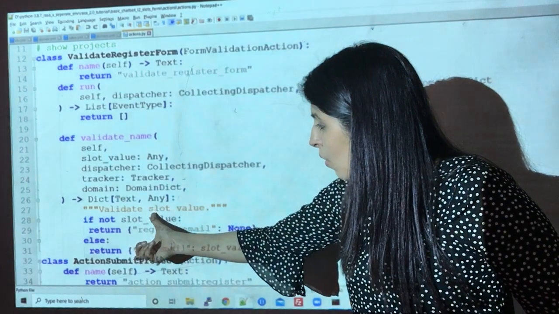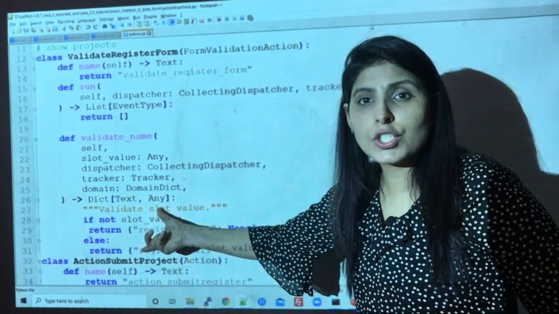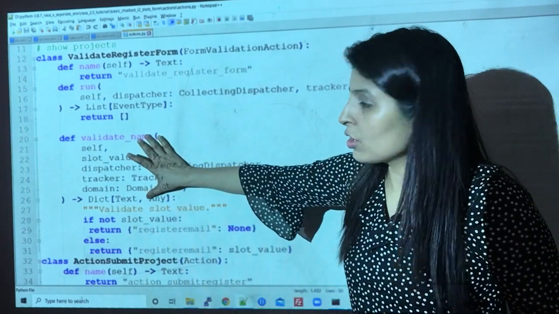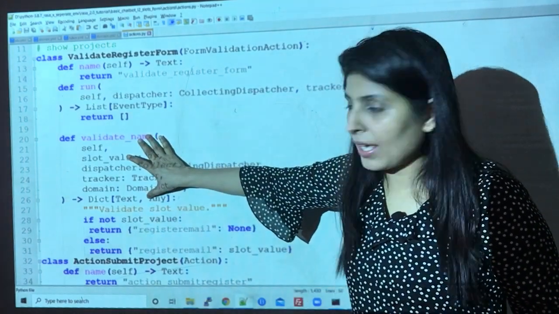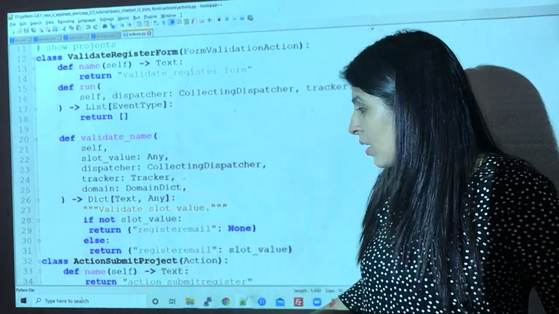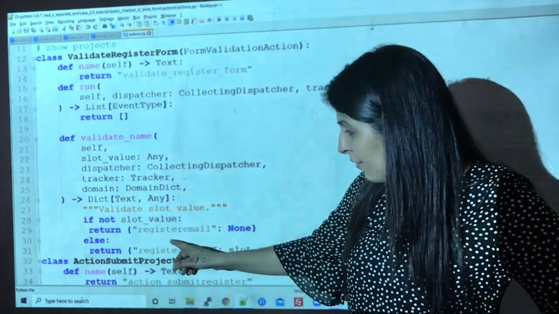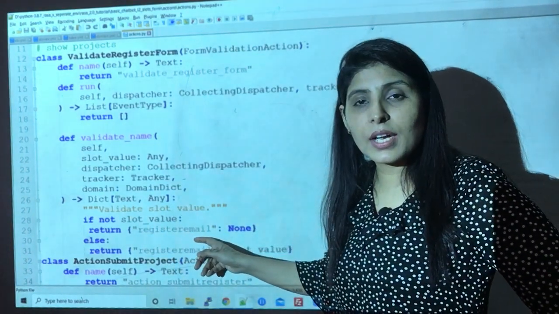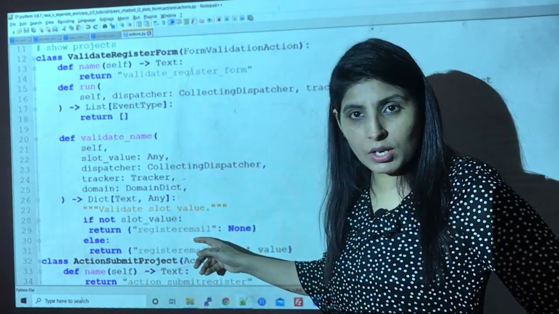This is the code which you need to write, in which you need to change things every time as per your requirement. So this function you can just copy like this every time. The only thing you need to change is this part. So what I'm saying over here: if register email, guys, if you remember, register email is my slot name, right?